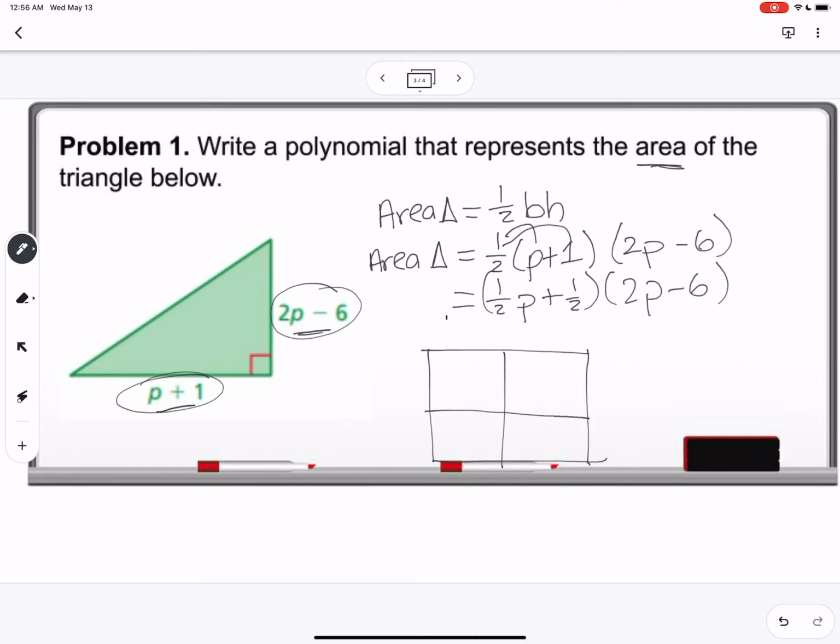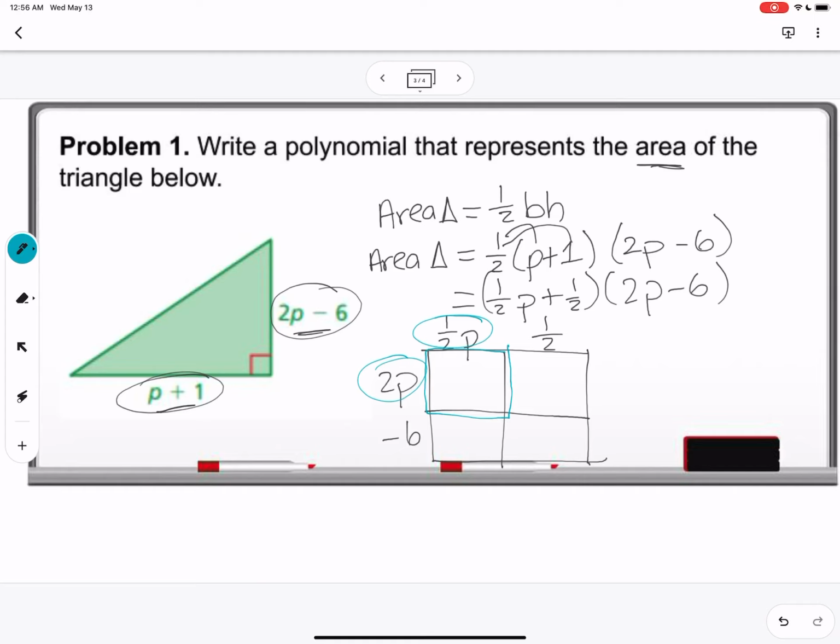On the top left-hand side, I put my first term, which is 1/2 p. On the right side, I have a 1/2. On the left-hand side at the top, I have a 2p for my second binomial. And then on the bottom, I have a -6. Of course, I'm going to fill in each box with the products of the terms that are directly outside of